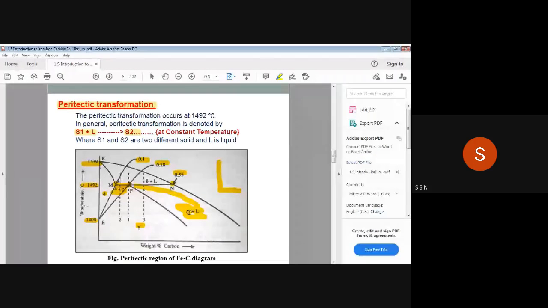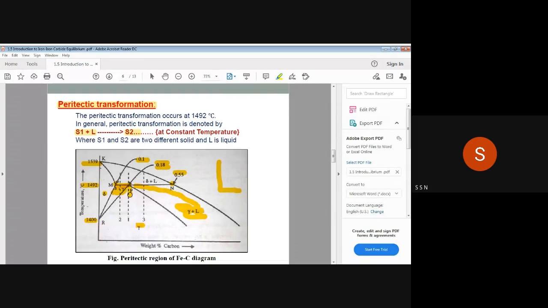You will say just transformation, not steel. Right now we will not say steel and carbide cast iron; afterwards I will tell you. I will say this as a hypoperitectic transformation, and this one we will say is a hyperperitectic transformation. And at P point, that means at the percentage of carbon of 0.18% only, then